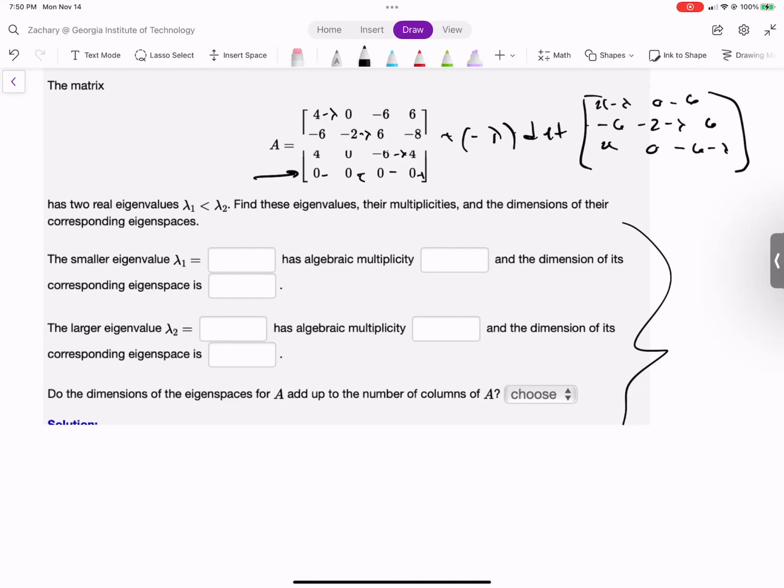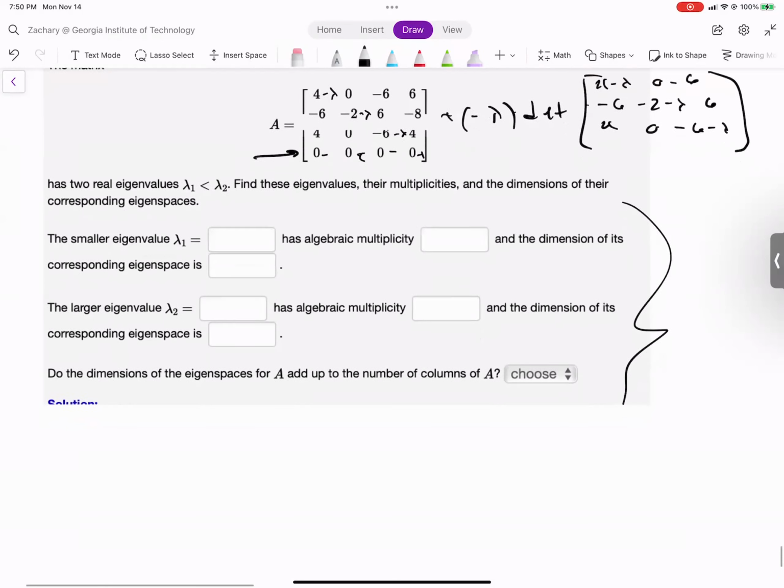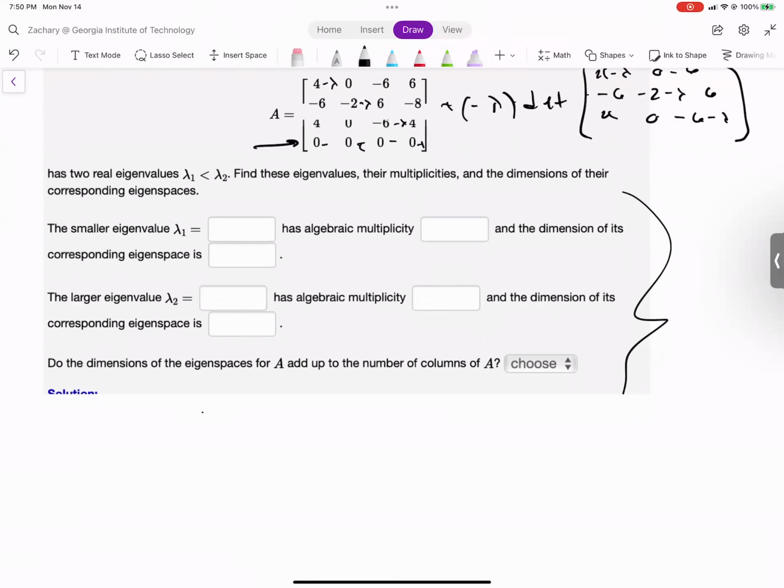And eventually you'll get to a point where you have eigenvalues. You can tell right off the bat, you can have a lambda of 0 though. Okay. So if you can tell you have an eigenvalue of lambda of 0, that means your determinant is 0, right? And our trace is equal to 4 minus 2 minus 6, which is equal to negative 4. So I can already tell you what the other eigenvalue is going to be. The smaller eigenvalue is negative 4. The greater eigenvalue is 0. Because if I'm not mistaken, I believe this one has a complex eigenvalue. Okay. This is incredibly a headache.